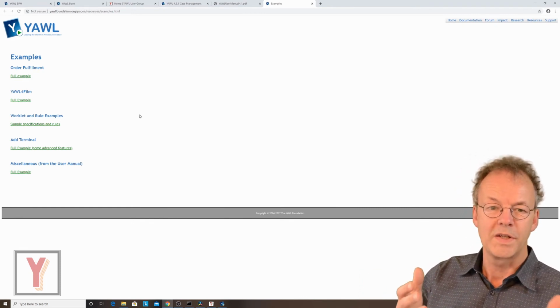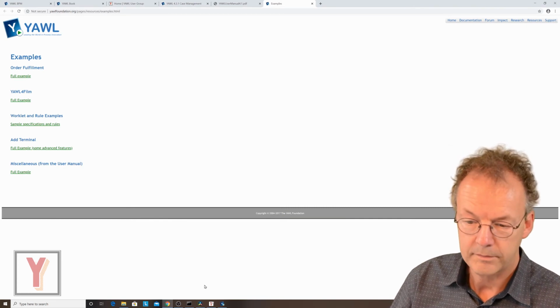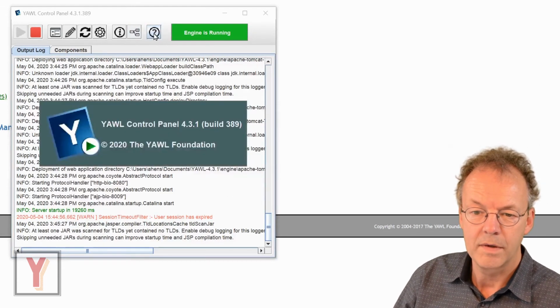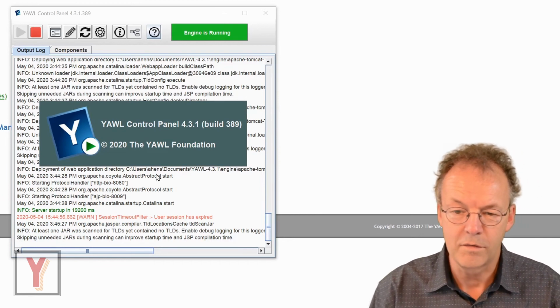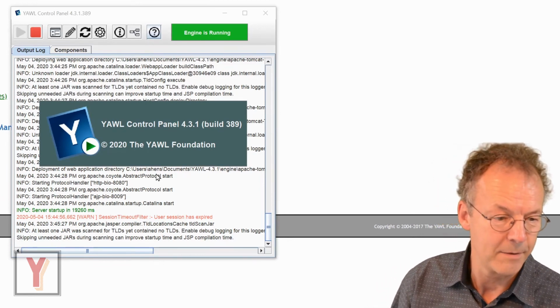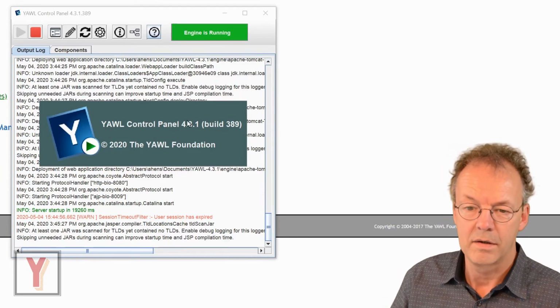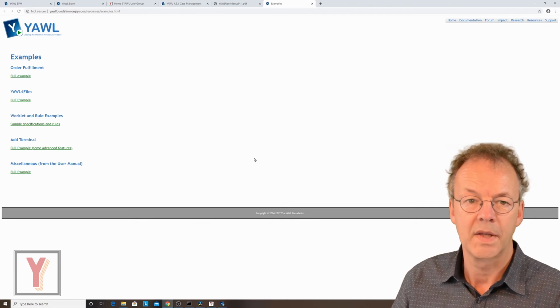So if you are looking for example workflows, this is the place to go. And then we have the question mark here, and this is just telling us which kind of version of the control panel we have here. So these are the things we can reach directly from the YAWL control panel.